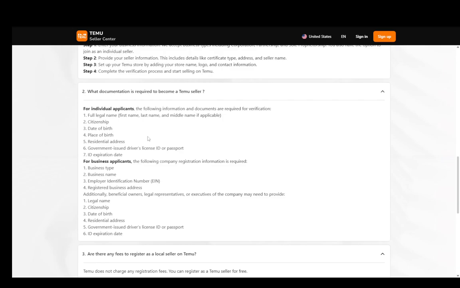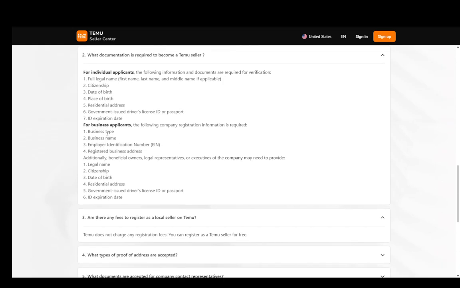Now, the documentation that you need for becoming a Temu seller, for individuals, you need a full legal name, citizenship, date of birth, place of birth, residential address, a government-issued driver's license, ID or passport, and an ID expiration date. As for businesses, you need the business name, the business type, the employer identification number, the registered business